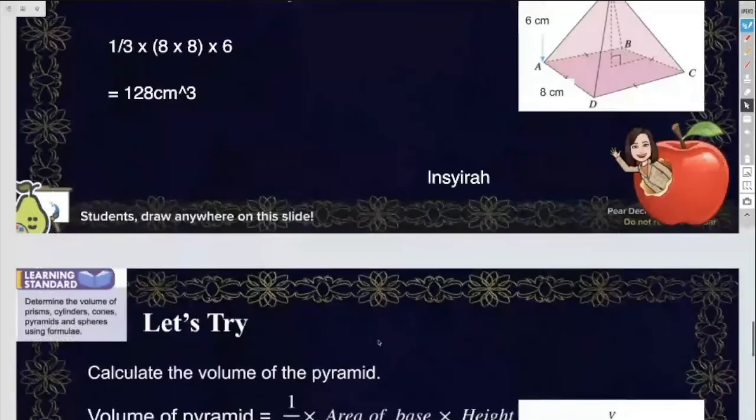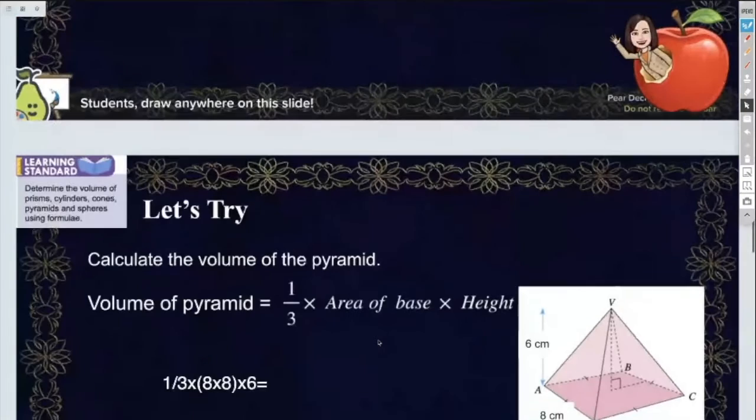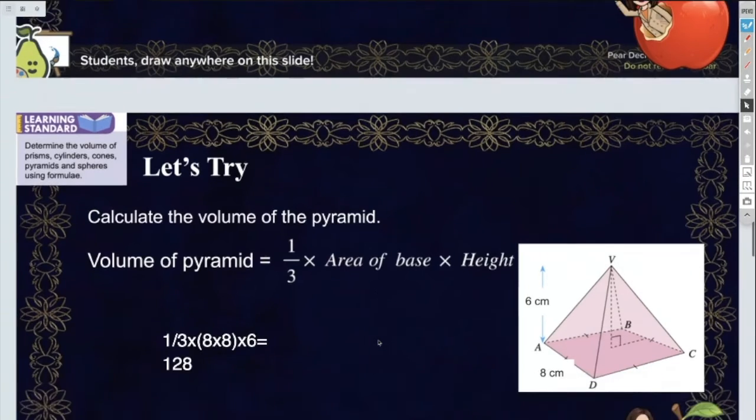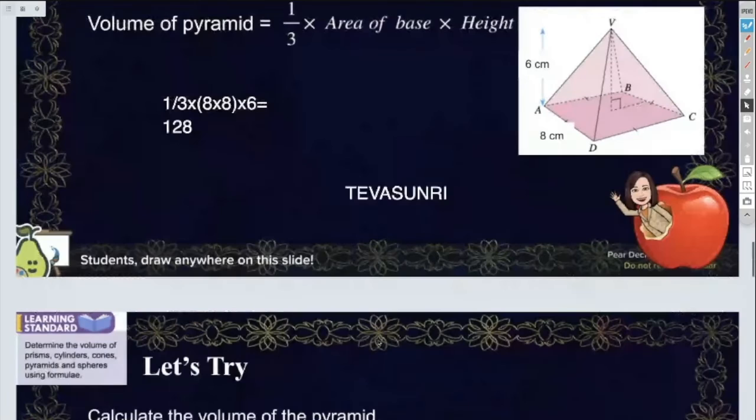Andika Daing mana? Andika Daing? Farah, Nuha. Nuha ada bagi jawapan kat ruangan chat ke tak, Nuha? Nuha tadi ada bagi. Okay, bagus. Nuha faham ya, sebab cikgu tak nampak you punya working tapi kamu bagi jawapan akhir sahaja. But you can refer on screen lah apa yang kawan kamu buat tu. Kena ikut cara Nuha. Okay, good. Jangan bagi jawapan akhir sahaja. Kena ikut dia langkah kerja. Kalau soalan objektif tak ada masalah. But if that is subjective, you must show all your working.